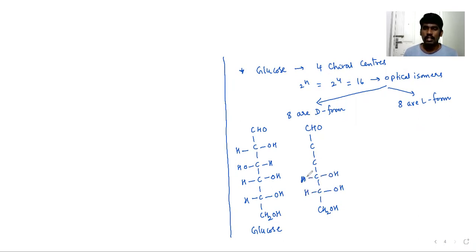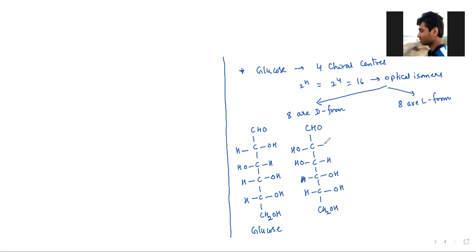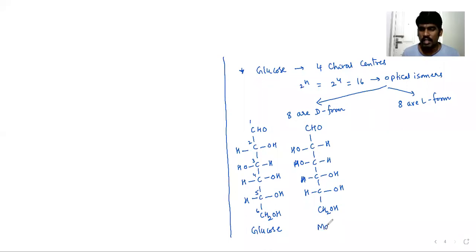So monosaccharides, we are still in the discussion of monosaccharides only. Just wait, Aditya, please. What did you observe the difference here? Sir, in the first chiral carbon, the H and OH. Carbon number only tell me. Carbon 2. Second carbon, there is a difference in the OH and H configuration. Yes. So it is said to be mannose.